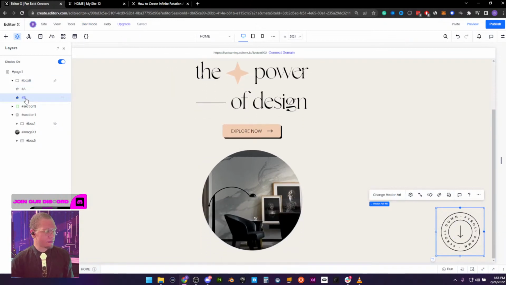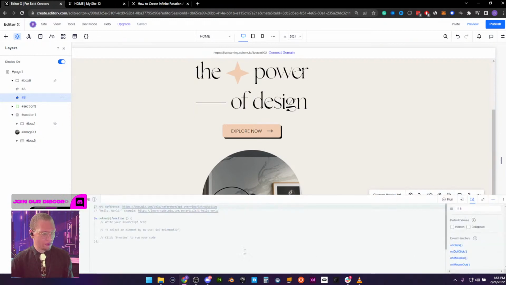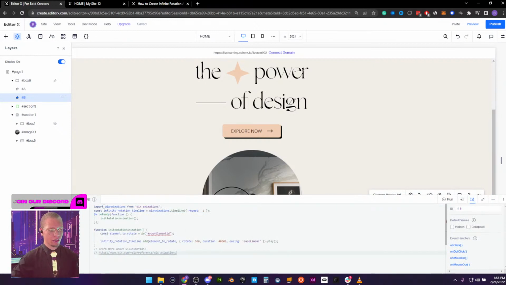Step 2, go back to our website, first off, turn on dev mode. Make sure you turn it on. Right now it says turn off because I have it turned on. I'm going to go to B, which is basically our circle. I'm going to go down here and open up the code. I'm going to just delete all of this and paste the code that I have here. The only thing I need to change is your element ID. So our element ID is just B, or hashtag B, just like this. And we should now get a rotation of 360 at a duration of 40,000, whatever that is. The important thing is that this baby will rotate.